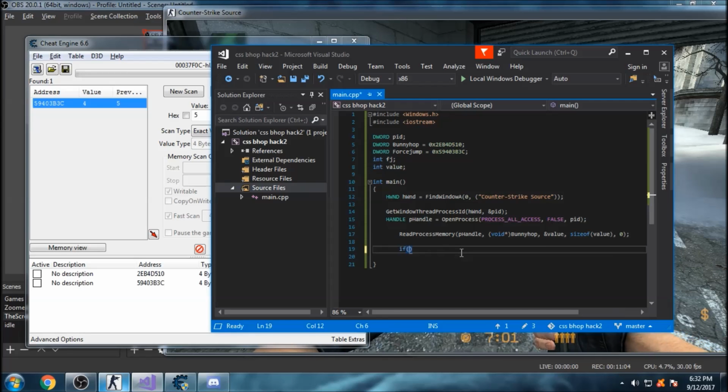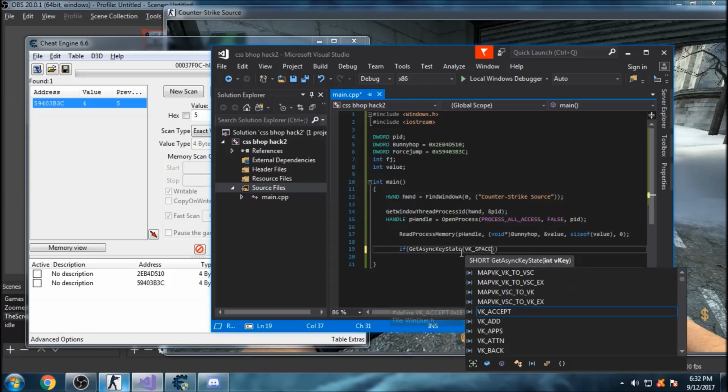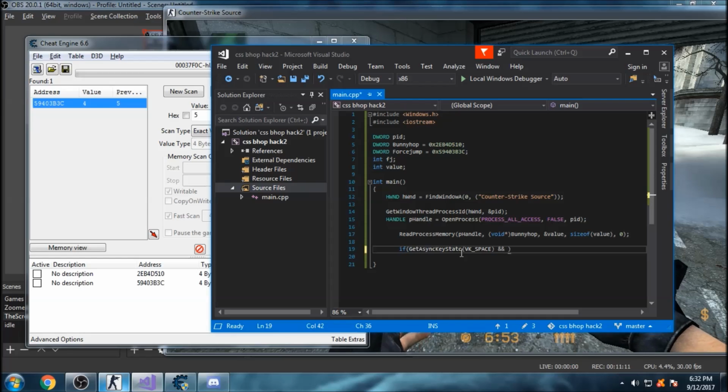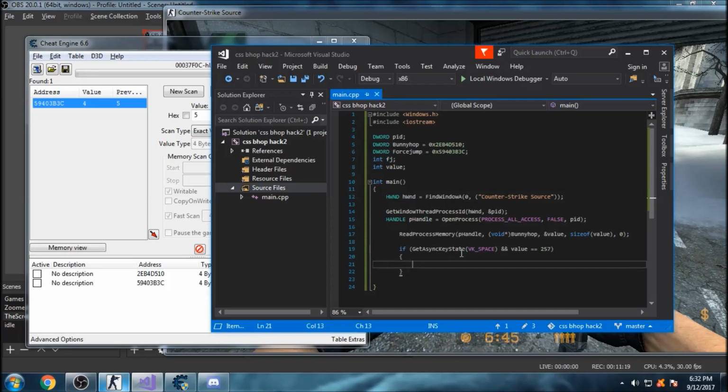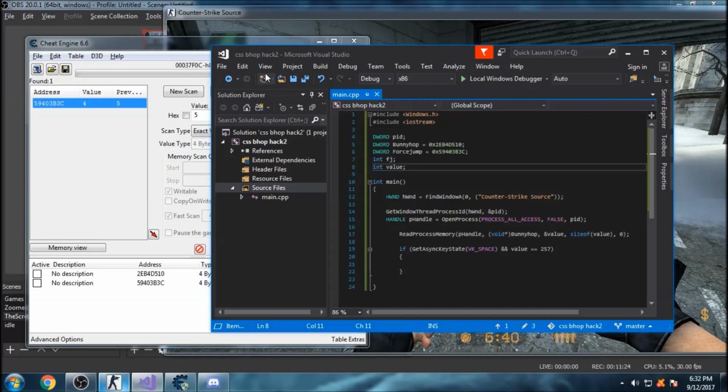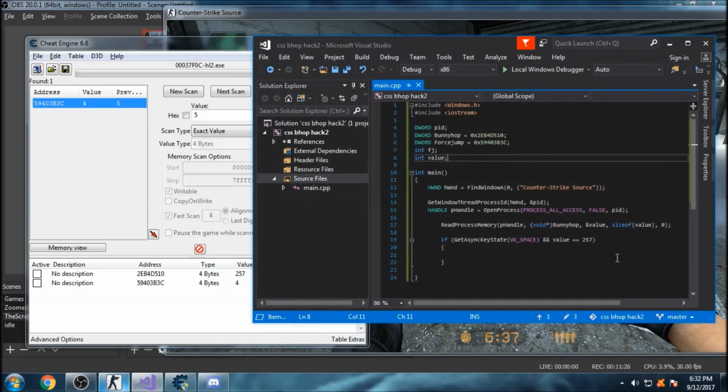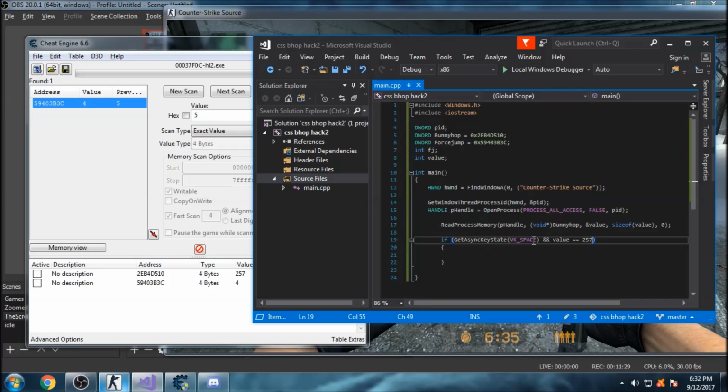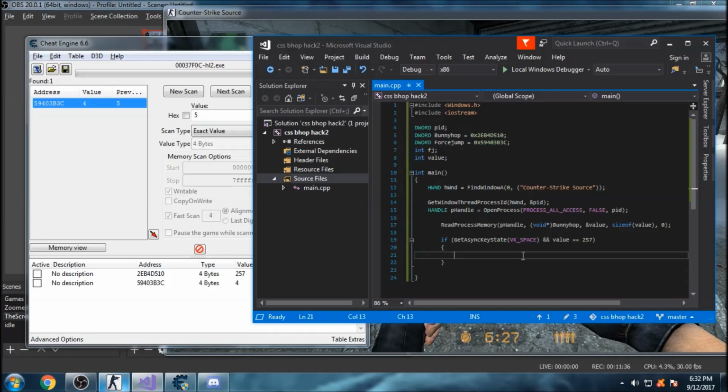And now we have to do if GetAsyncKeyState VK_SPACE and value equals 257, which is this. What we saw last time is printing out the value of this right here. And 257 means we're on the ground. So if we're holding down space and we are on the ground, which is this right here, that's telling us that it will actually fj equals 5,